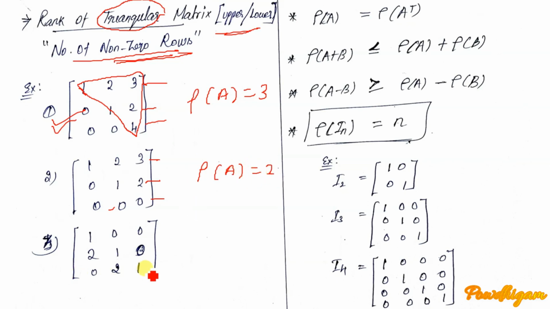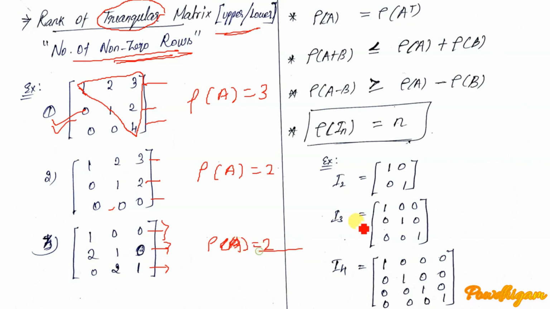Okay, similarly here, this is a lower triangular matrix. See, very carefully, this is the first row, second row. In the first row we have the non-zero element 1, and the second row also has non-zero elements, and the third row has non-zero elements too. So that means the rank of the matrix is equal to 2. Okay, so like that we can easily find the rank of a matrix for upper triangular, lower triangular, or diagonal matrices.